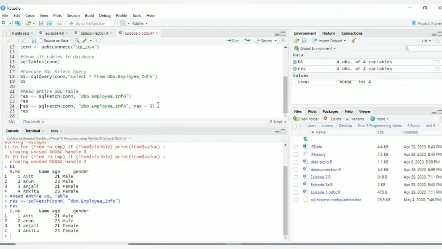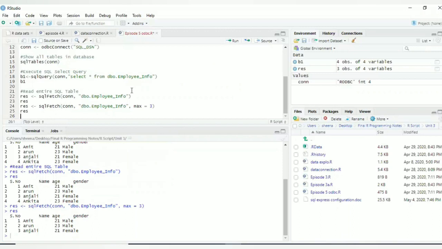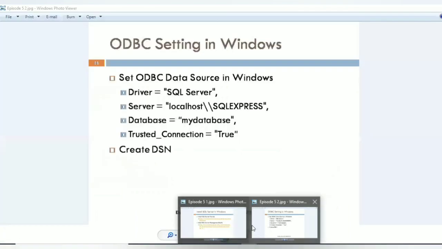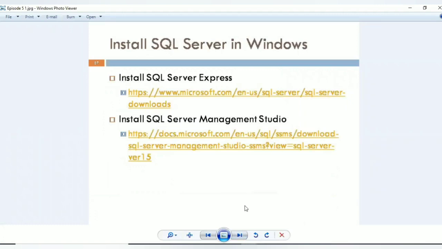Using max, you can specify how many rows you want to access. Since you have specified 3 rows maximum, it has shown you only 3 rows. In this way, using ODBC, you can connect to our environment.